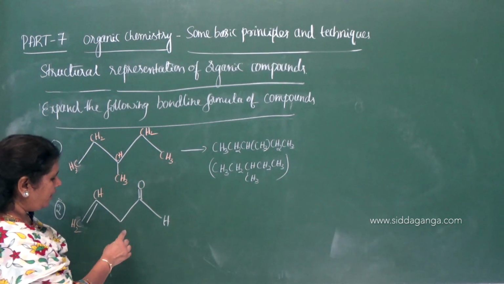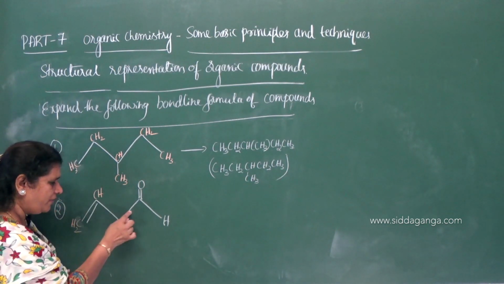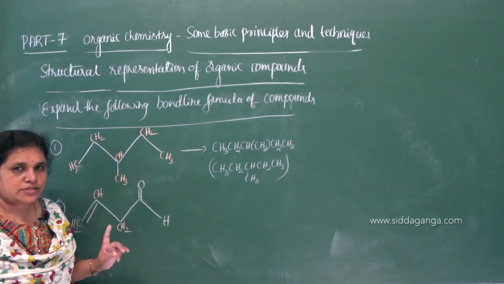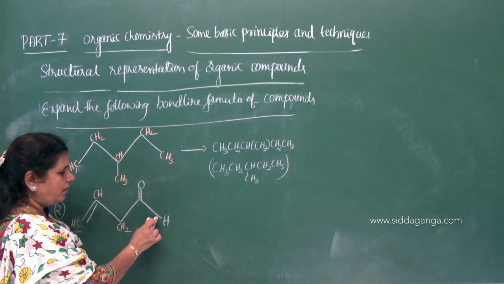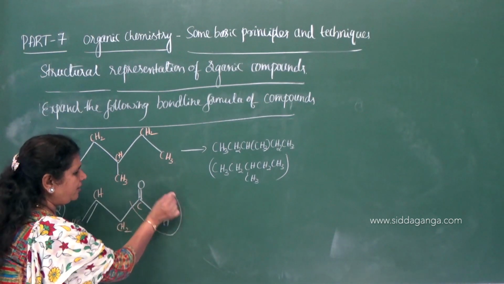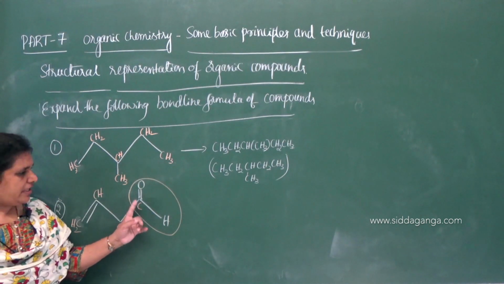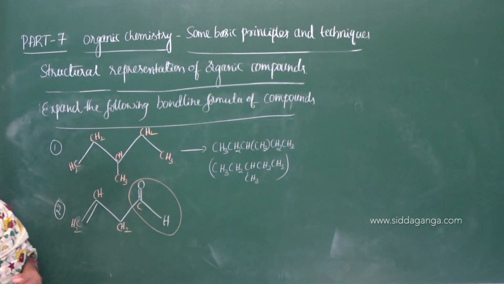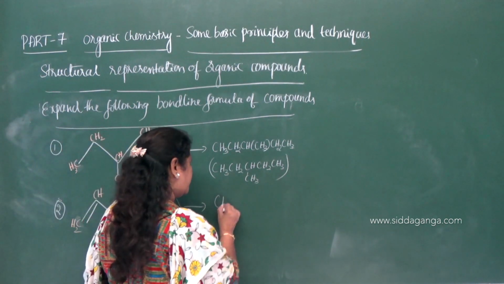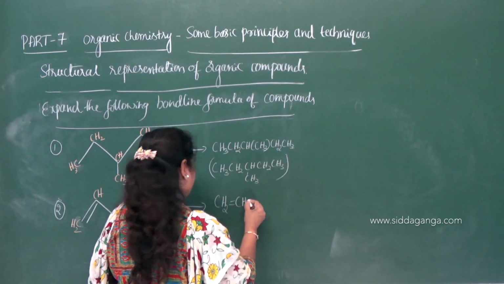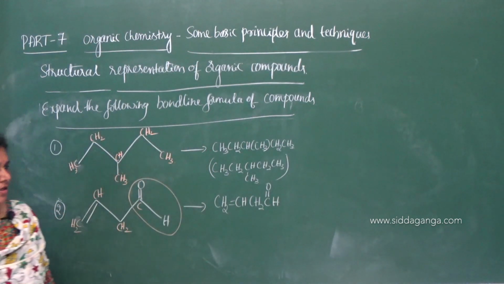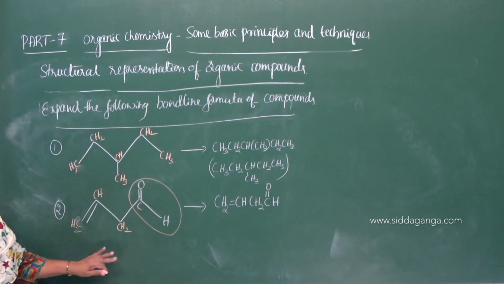And what about this carbon? This carbon is forming only 2 bonds. Therefore, to satisfy the tetravalency, it demands 2 hydrogen atoms. And here is a carbon. Now look at the functional group here, C double bond OH. It is nothing but an aldehyde group. So now how to write this? CH2 double bond CH, CH2, C double bond OH. This is the formula for the given bond line formula.